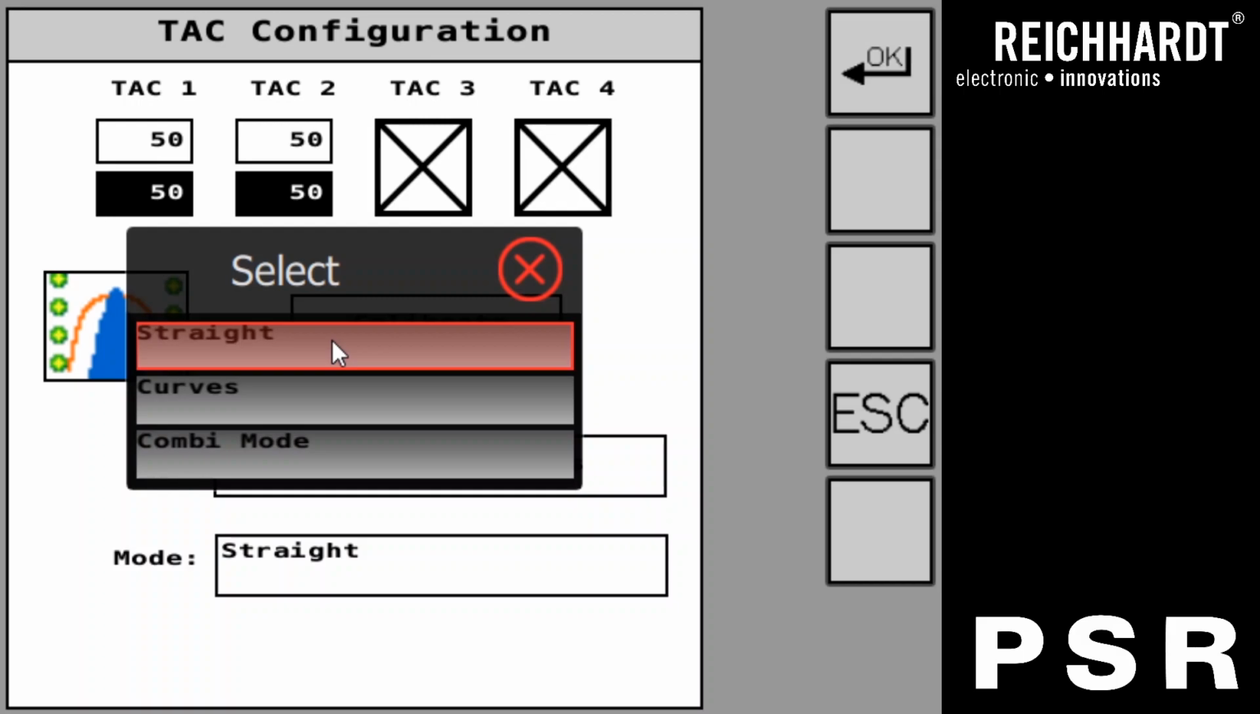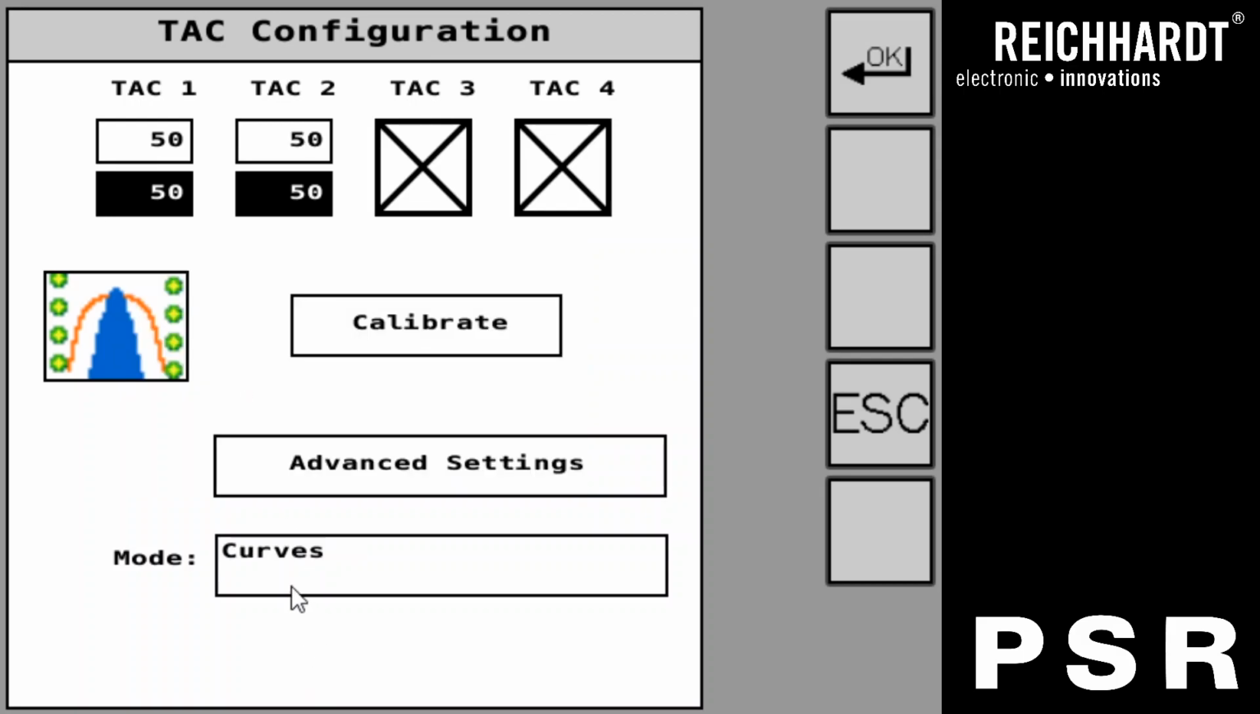It is the tried and true classic TAC mode that we've had with our system dating back to the mid-2000s. And for that reason we keep this in here, and this is the most common mode that we run with for most applications. Below straight we have curves mode, and you'll notice if you switch to curves mode, just to notify here on the main screen,